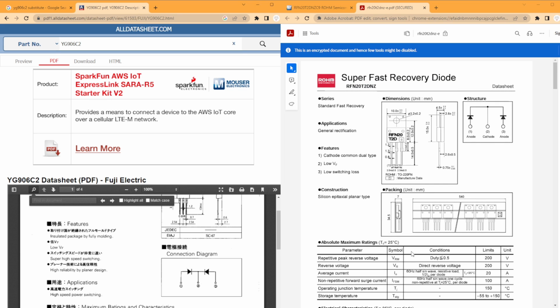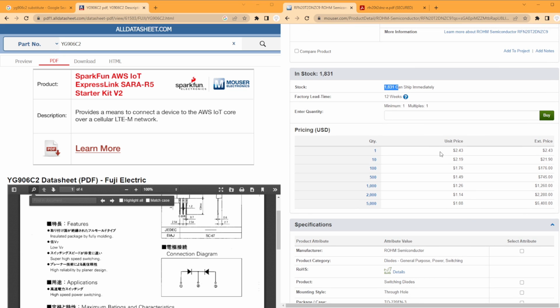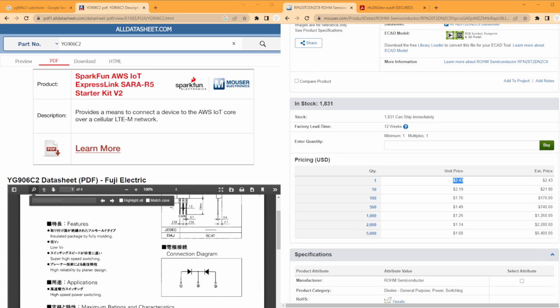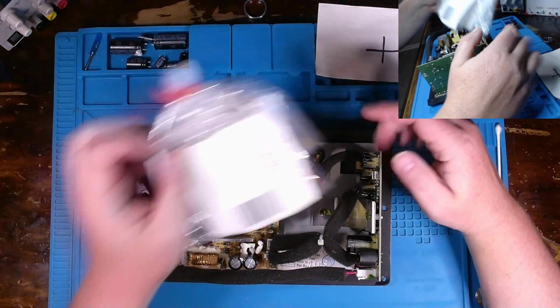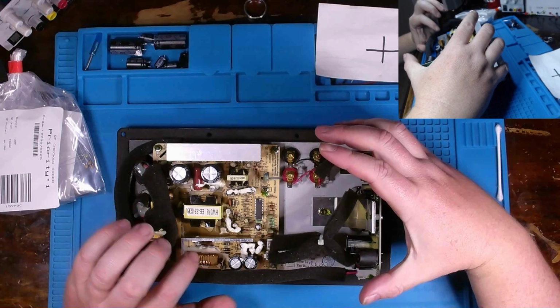I have no qualms about getting this product from Mouser placed on order and put in there, especially as almost 2,000 are ready to ship immediately, and our minimum buy of one is about $2.50. So not bad. This is what I'm going to order if he gives me the go ahead to repair this product. Okay, we have parts, and so it is time to start tearing down this board and replace and